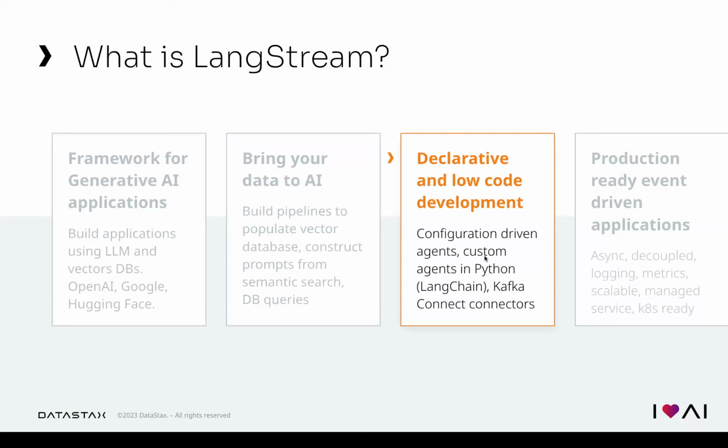Langstream is a declarative low-code mechanism for building applications. With configuration-driven, basically YAML files, you can construct a whole generative AI application, which I'll show you later. You can also integrate custom agents using Python. If the low-code configuration-driven agent isn't good enough for you, or doesn't have all the functionality that you need, you can use Python, you can import libraries, you can use common libraries like LangChain, LlamaIndex,